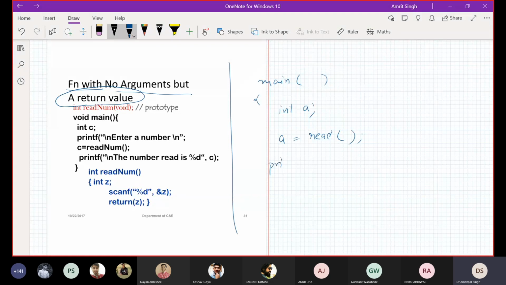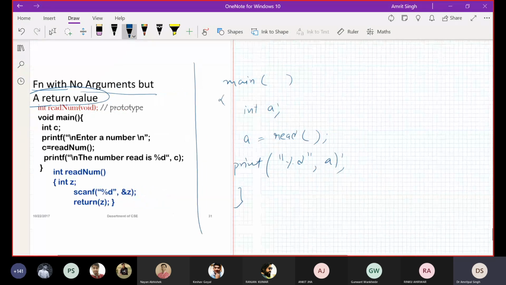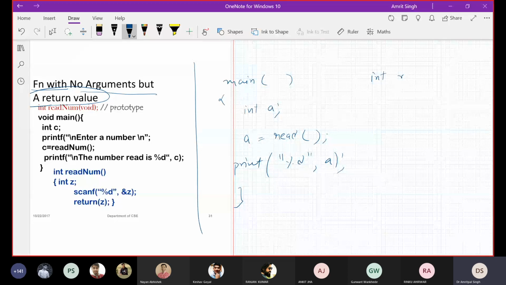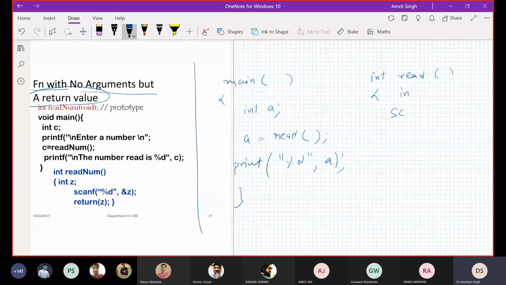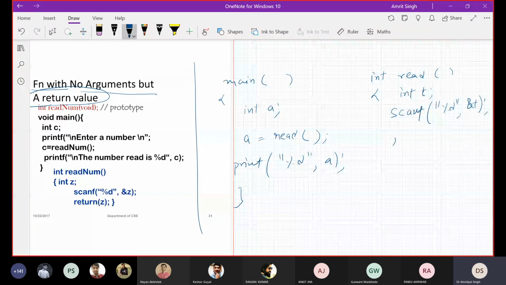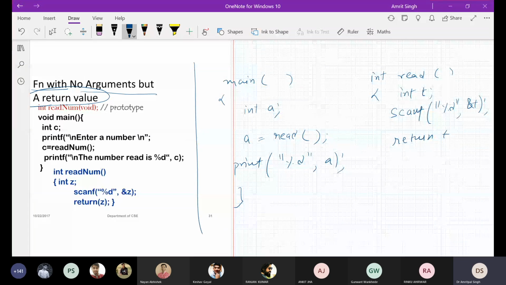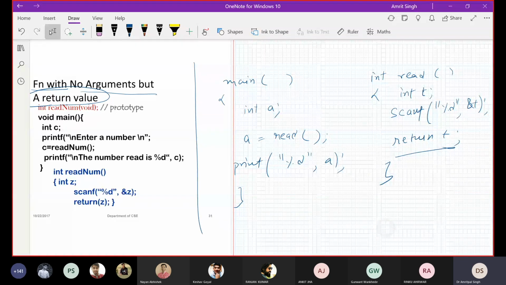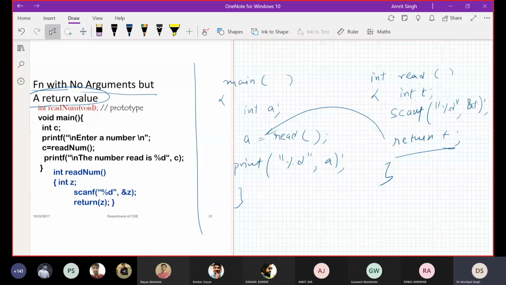Then you can use printf %d a. So I have written here int read, no argument, and I am simply taking a temporary variable t here, scanf %d and t. I'm taking the input for this t variable and returning this t variable.